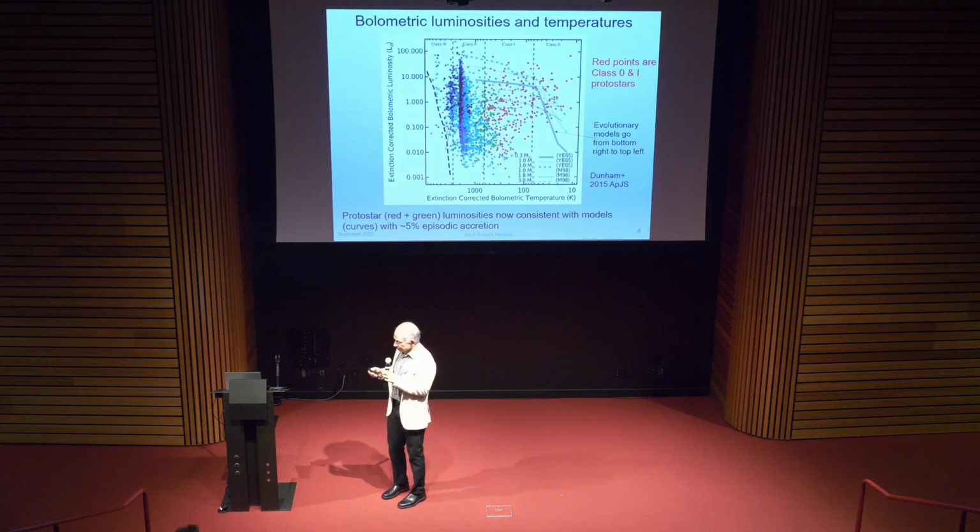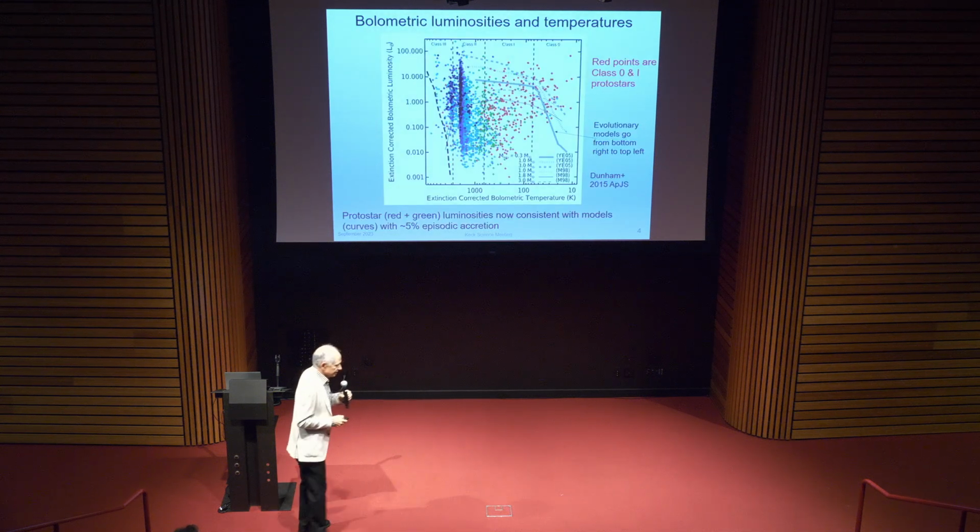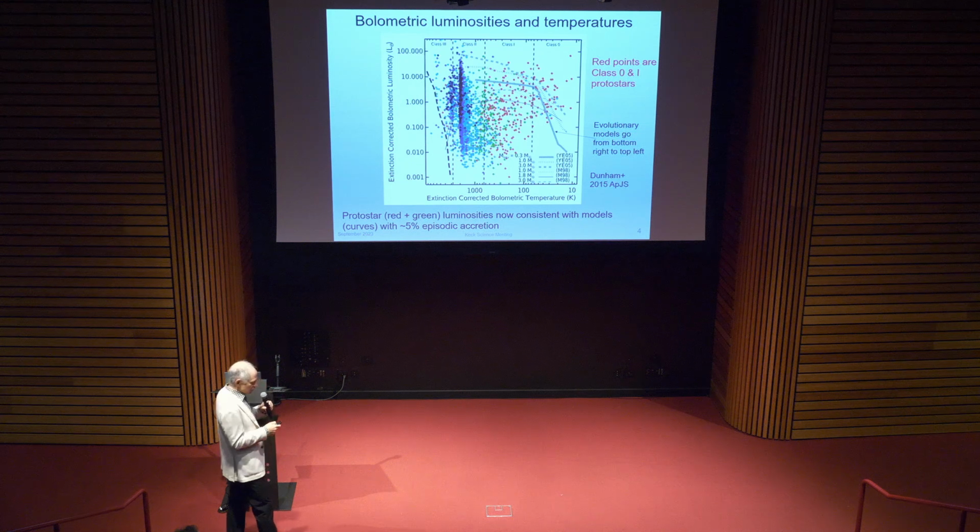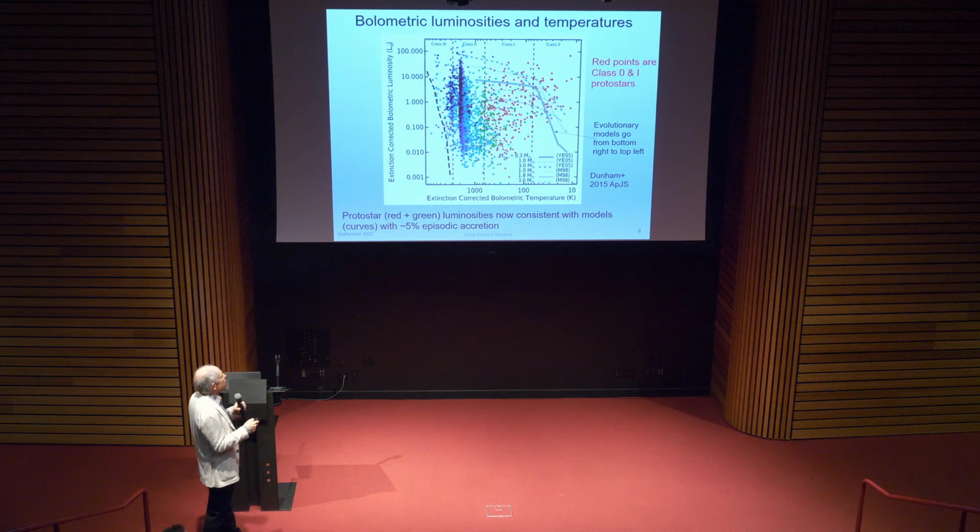This shows another cut of the observations of these and the evolution. So the ones that are in this true protostellar phase, that have recently done a lot of accretion, are these red dots here. The model is that they start off very cold. It's basically just the core just starting to collapse. There's not much internal heat, not very luminous. And as it